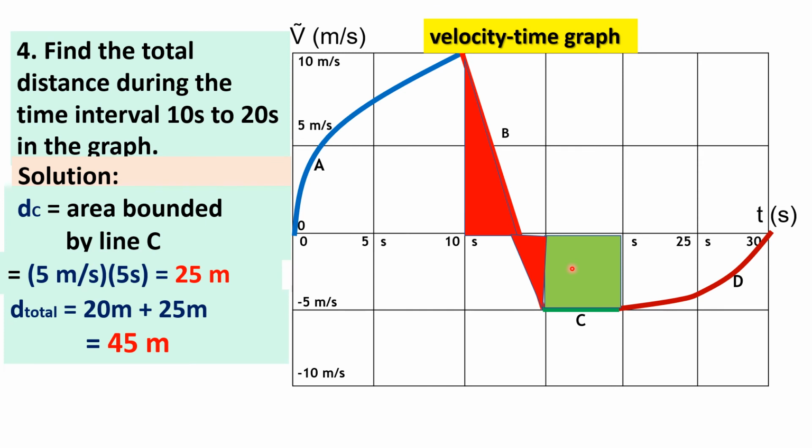Okay, if it's your first time to hear the method, the graphical method of determining the distance traveled based on a velocity time graph, especially in the case of graph line B, there is a possibility for you to shade this portion of the graph, all right. Look at the cursor. I am now showing to you this portion of the graph line, which I did not shade. Why? Because